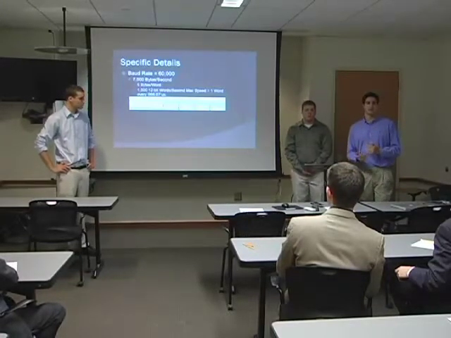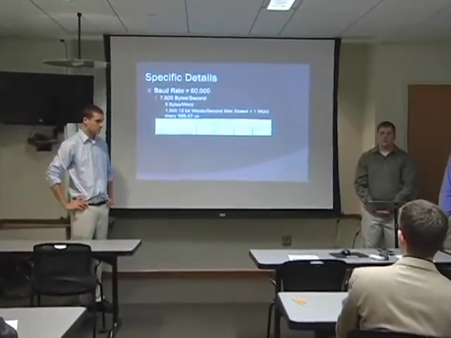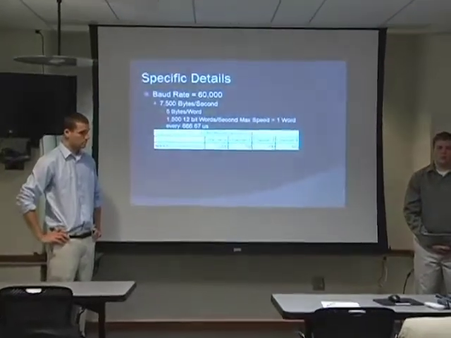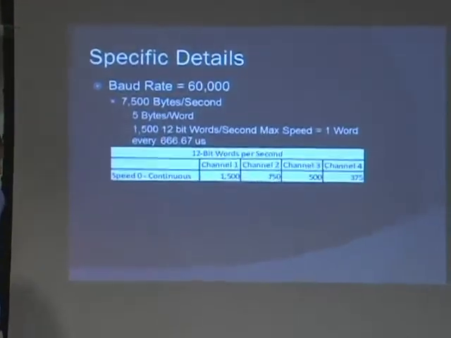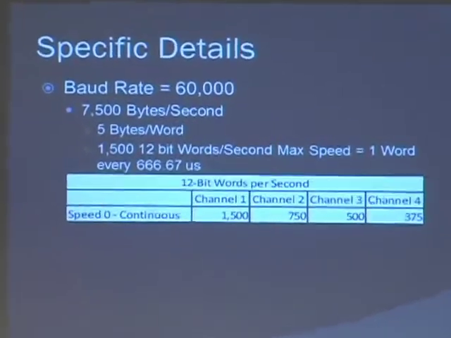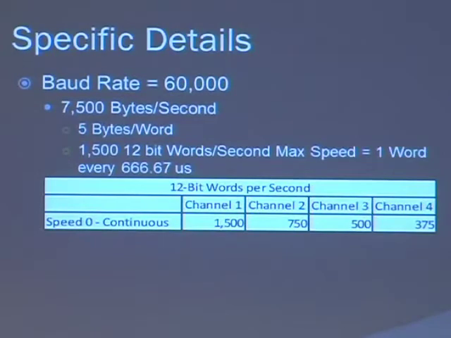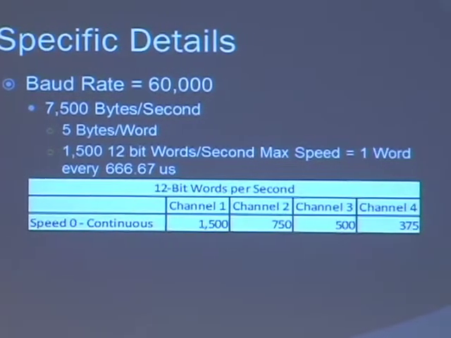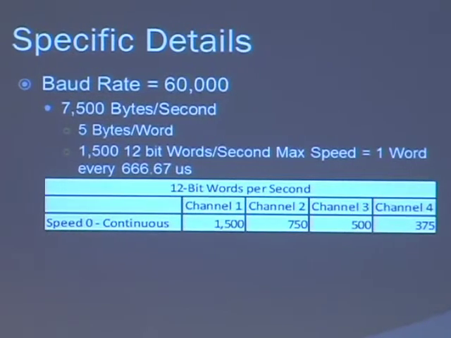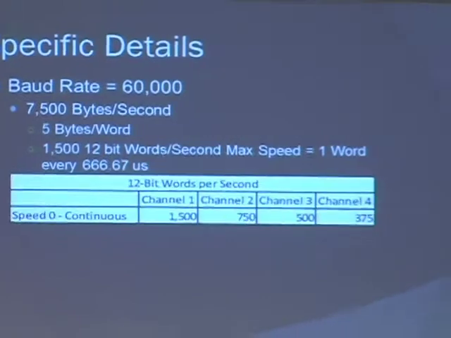Like we said earlier, one of our original requirements was hoping to reach 30,000 data points per second. What happened though, we can send a 16-bit baud rate, which is the highest we can be is at 65,535. A baud rate is how many bits we can send per second, so that's 7,500 bytes per second, and we're doing 5 bytes per word. So our maximum was 1,500 12-bit words per second, which was as far as we can push,